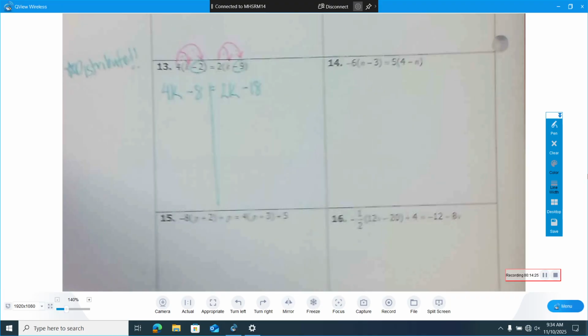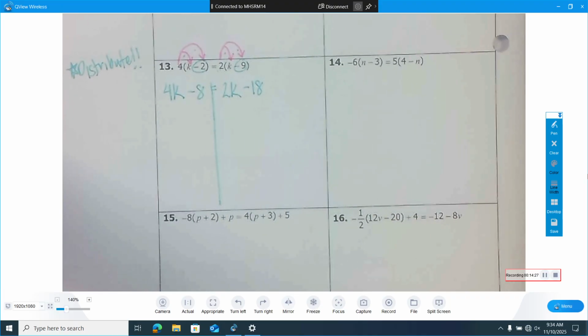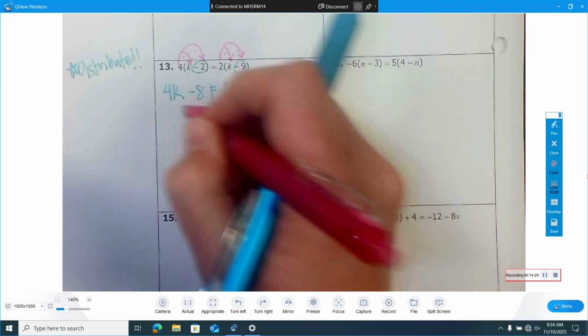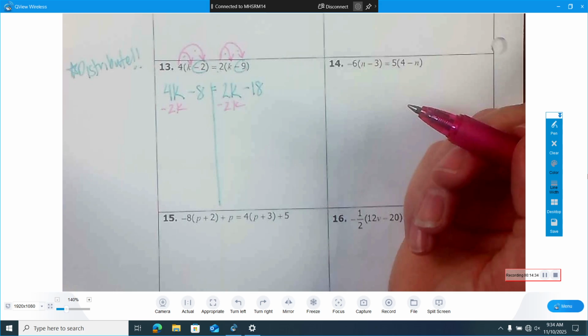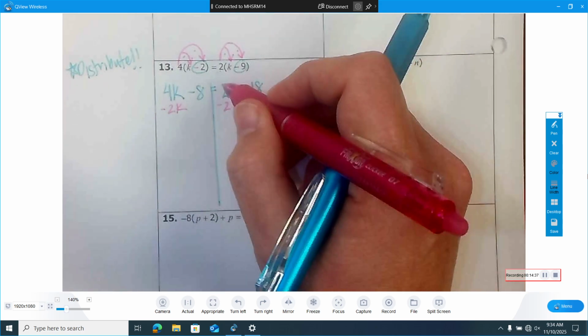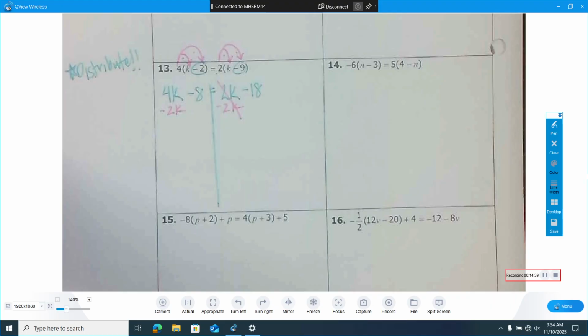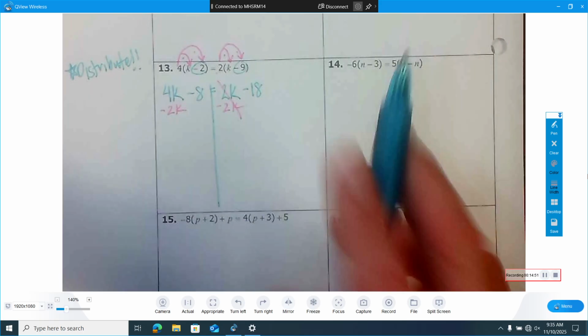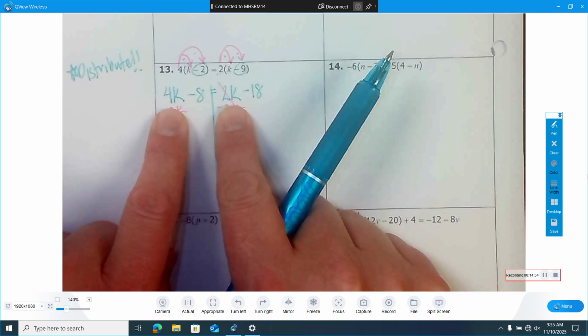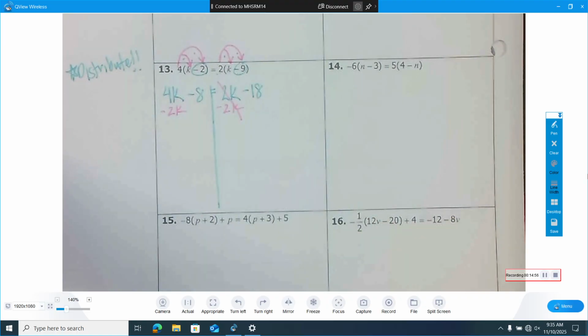And we want the letters to the left. So we're going to subtract 2k's. Wouldn't we? Never mind. Okay. Positive 2k and negative 2k disappear. So I think if they were on the same side of the equals, that is what you would do. So what happens here is they're on opposite sides of the equal sign. And I like to think about that equal sign like an electric fence, okay? And what happens is